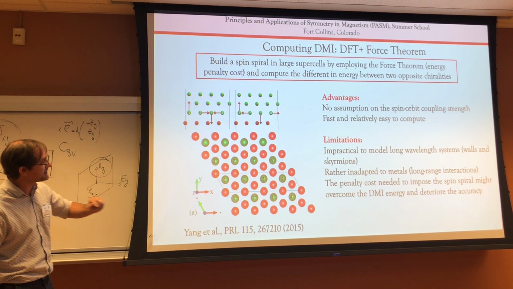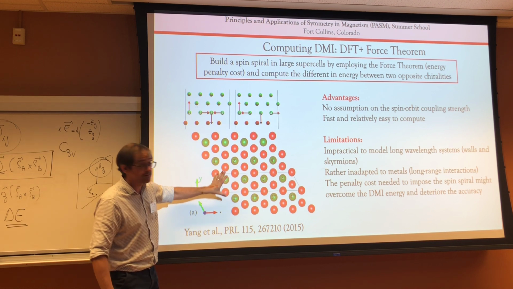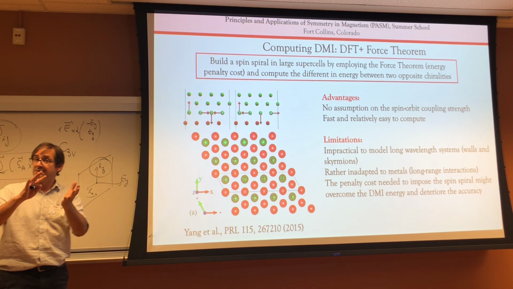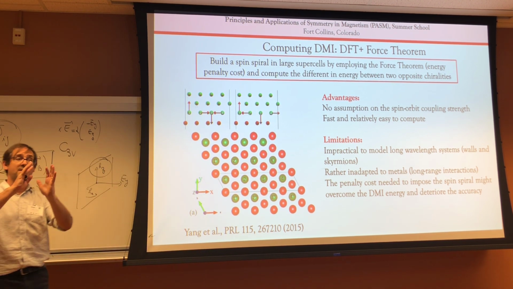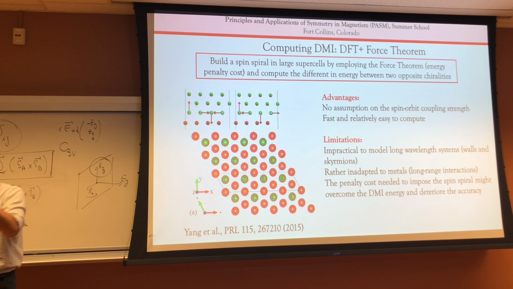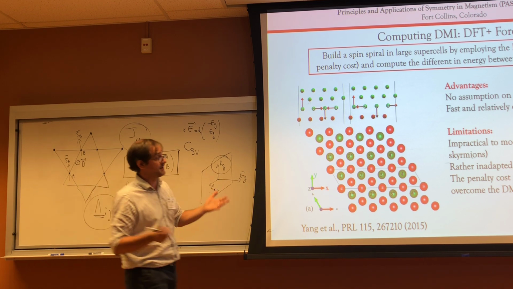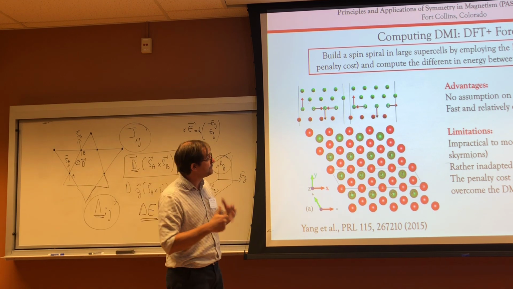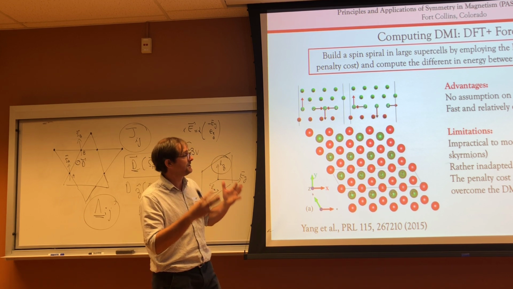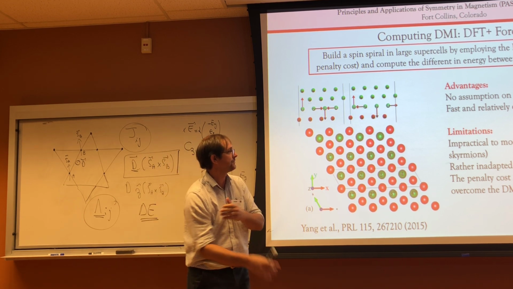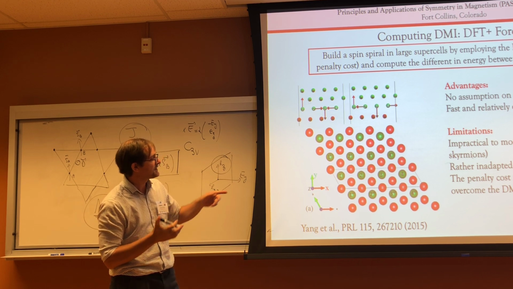But you see, that's a rather fast method to calculate the Dzyaloshinskii-Moriya interaction. You have to make no assumptions on the spin-orbit coupling or the exchange. So normally it's a very, very easy to use method. But there are, in my view, several issues which are not secondary issues. The first problem is that